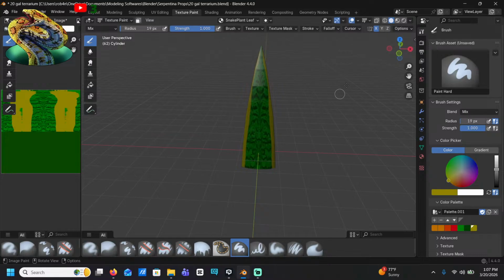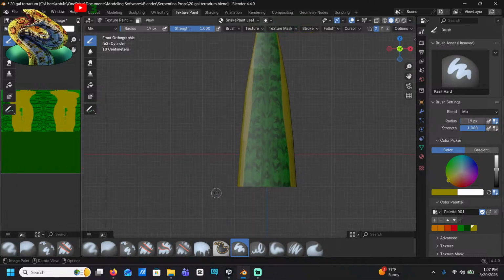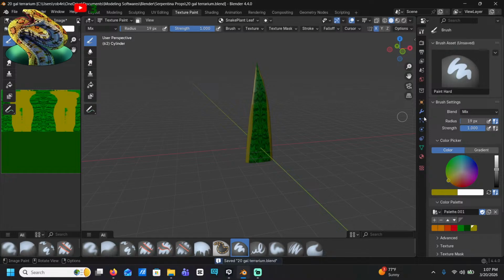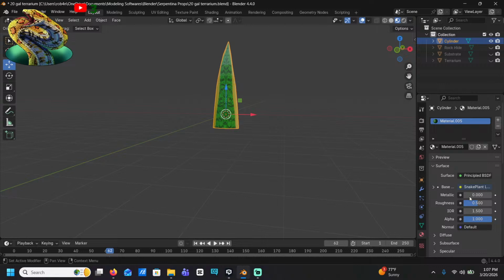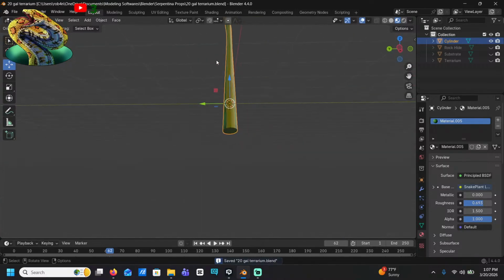So much focus involved in this. Okay. Then I go back into layout, and then I go to material, and I'm just going to bring the roughness up a bit. My snake plant actually looks decent, much to my general surprise.